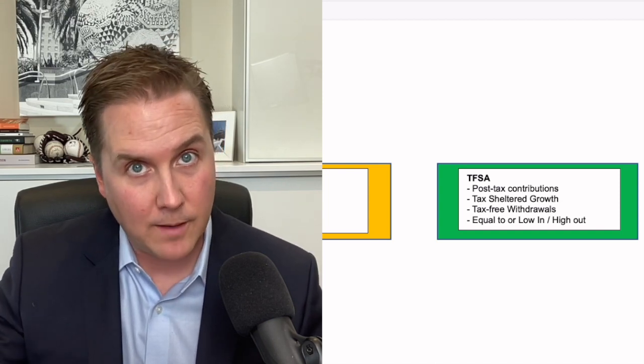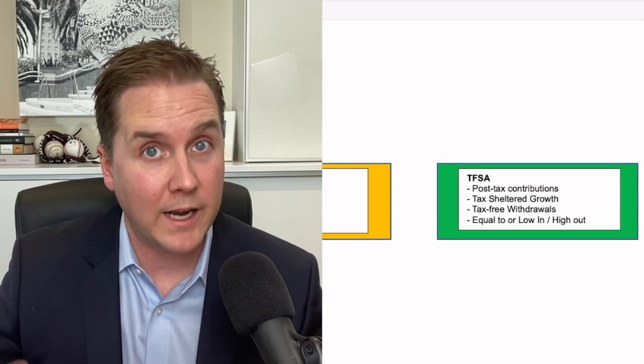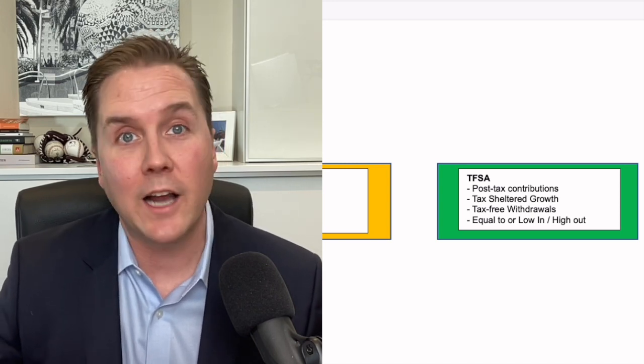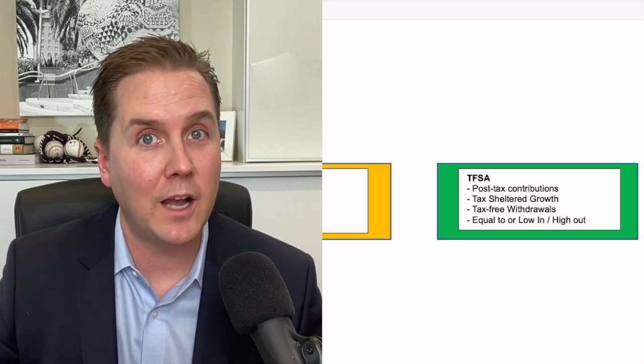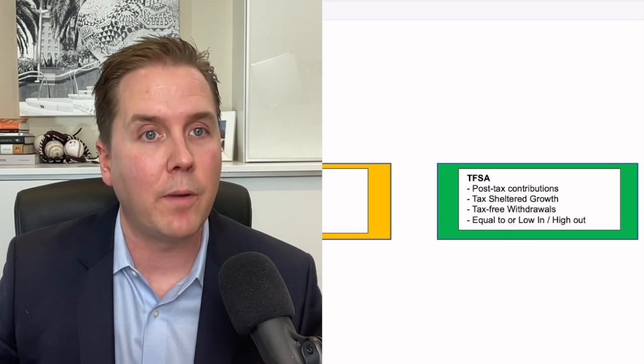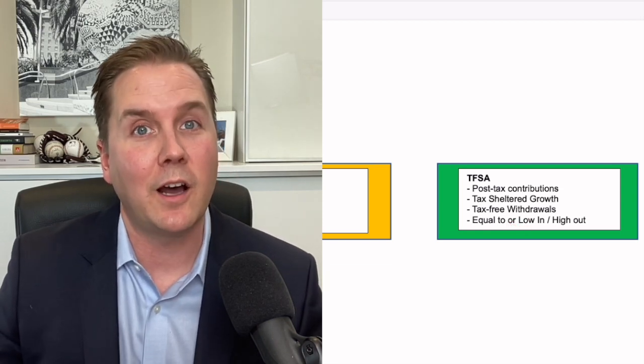Remember that withdrawals from the RRSP are taxed as income. Withdrawals from your tax-free savings account are not taxed. They're tax-free growth after the money's in the account, and the withdrawals are tax-free. And so the reason I put this line in at the bottom, equal to or lower in and high out,